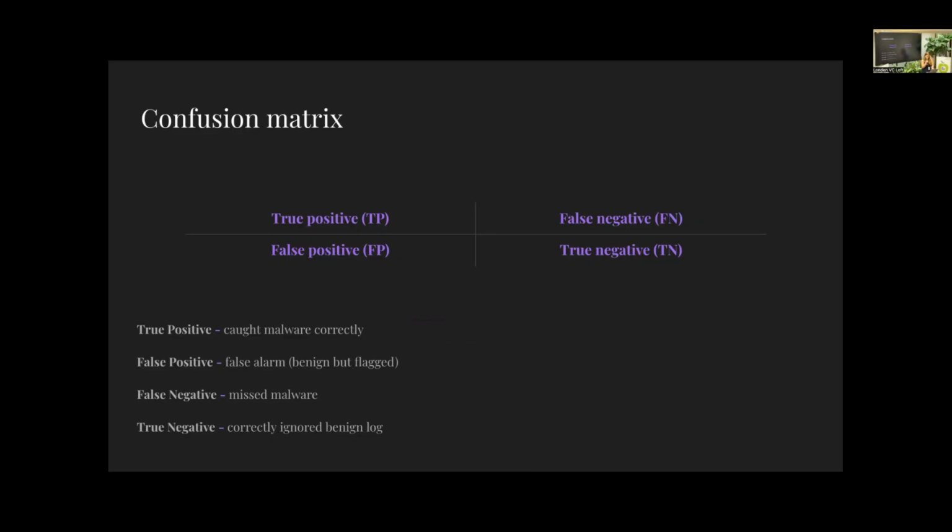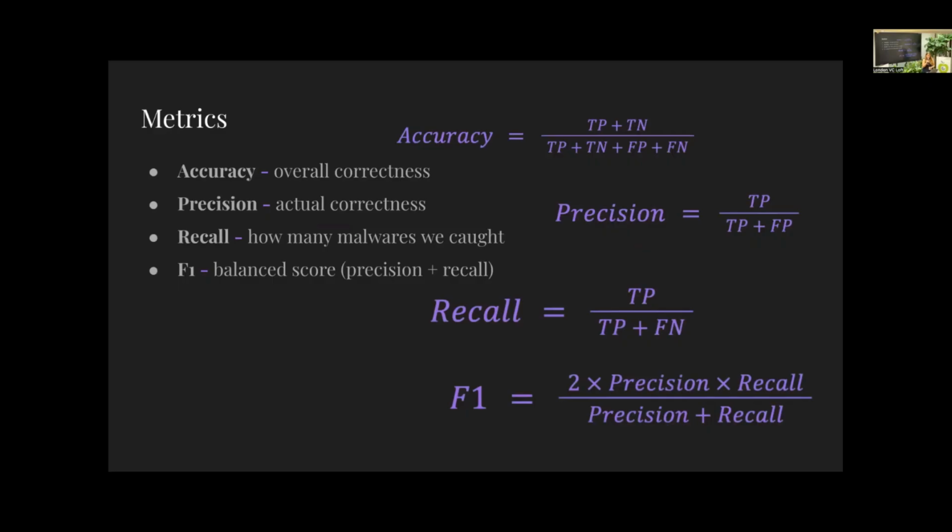So true positive meant that the model caught the malware correctly. False positive meant it was a false alarm, so it was flagged as malware, but in reality, it was benign. False negative meant that it missed the malware, so it was a malware, but the model thought it wasn't. And finally, a true negative when it was a benign sample and the LLM correctly identified it as benign. Then I used these super complex formulas to calculate the 4 metrics, which are usually used